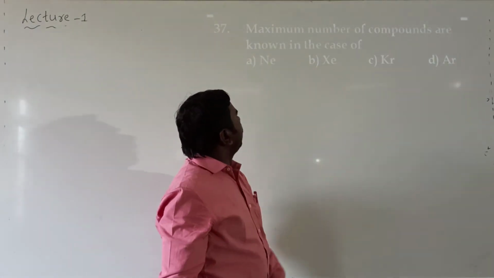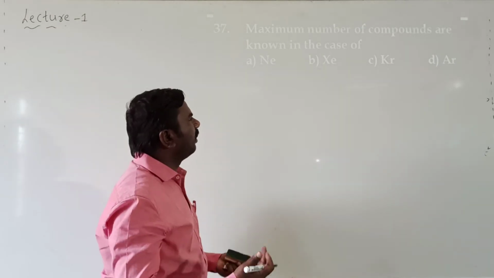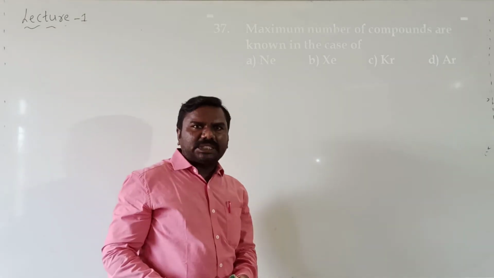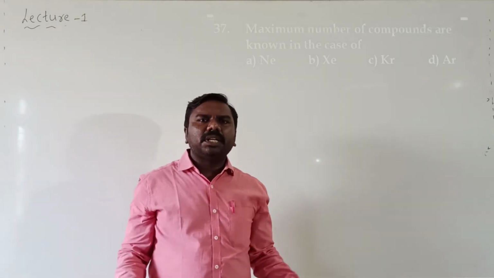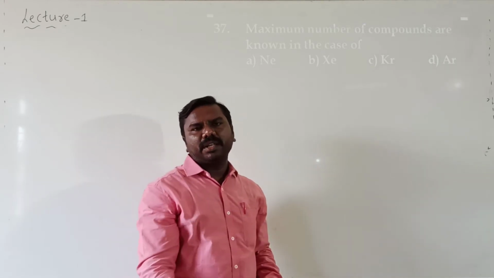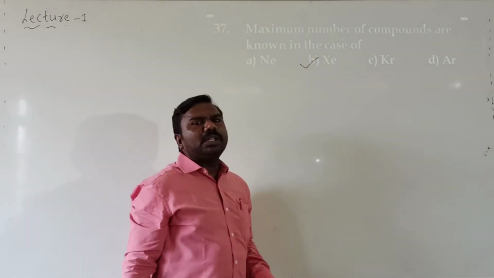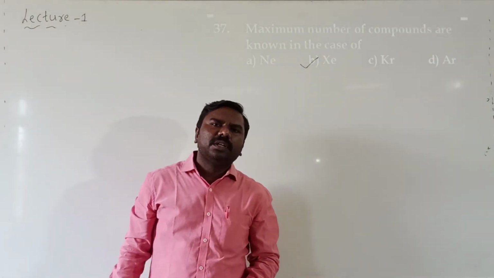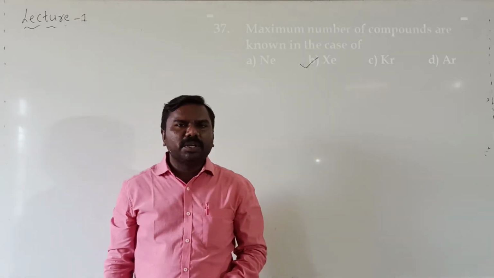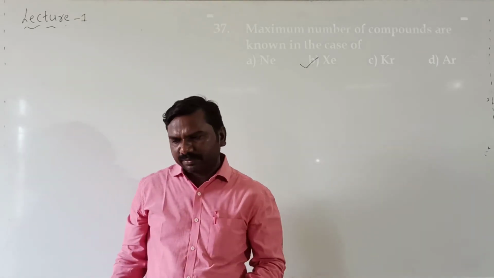maximum number of compounds are known in the case of which one? Going from top to bottom, size increases and you can remove the electron with the least amount of energy. It means the electron can participate in any chemical reaction. That's why xenon shows the maximum number of compounds, because of its ionization potential values and size. Next,